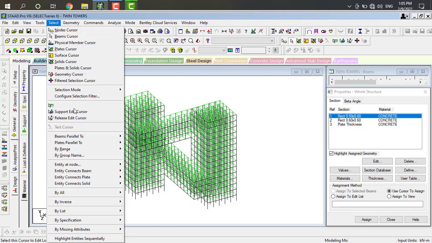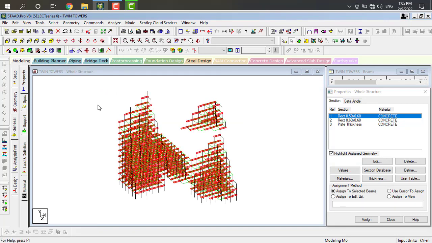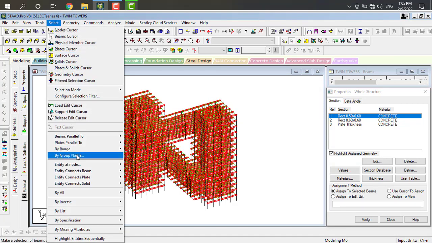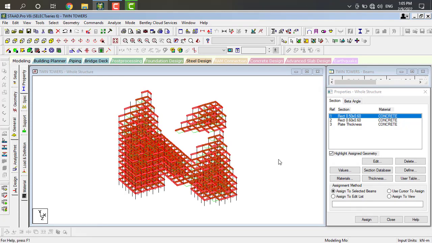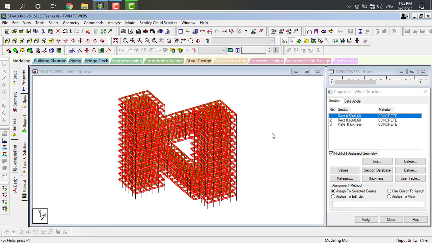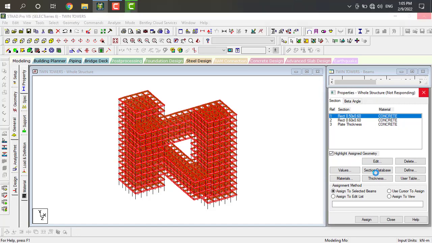Just select that and go to the select option, beams parallel to the X-axis, and then select beams parallel to the Z-axis. It will be like this. When it is parallel to the X and Z directions, go to assign to selected beams, click on assign, click on S. It will be in process.